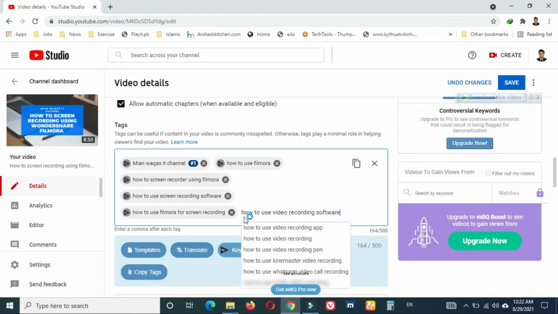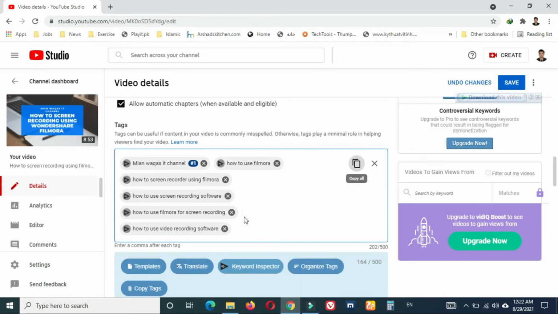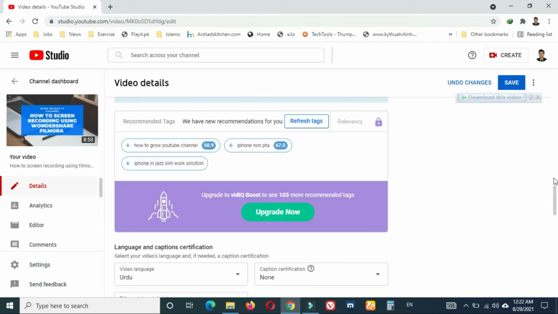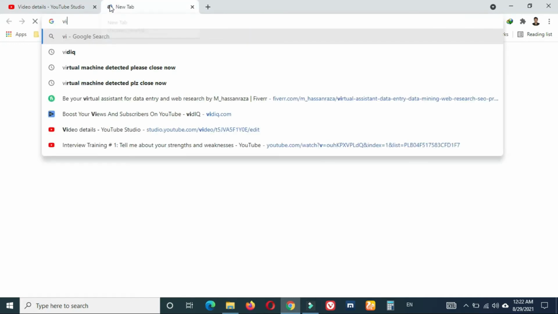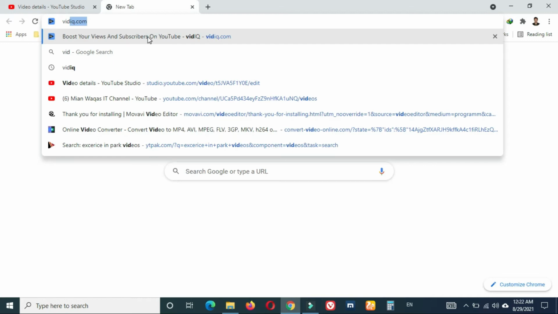And after that click on the tab button, and you can see the vidIQ application on Google Chrome.